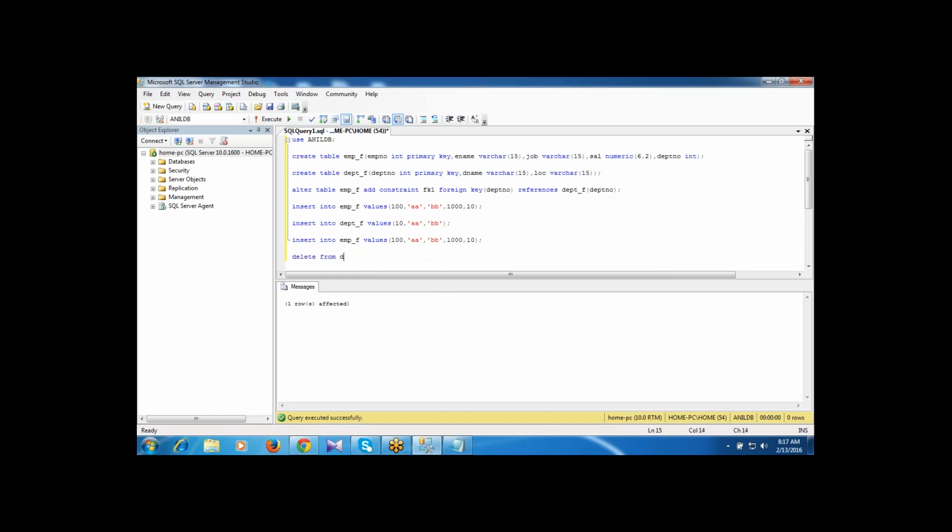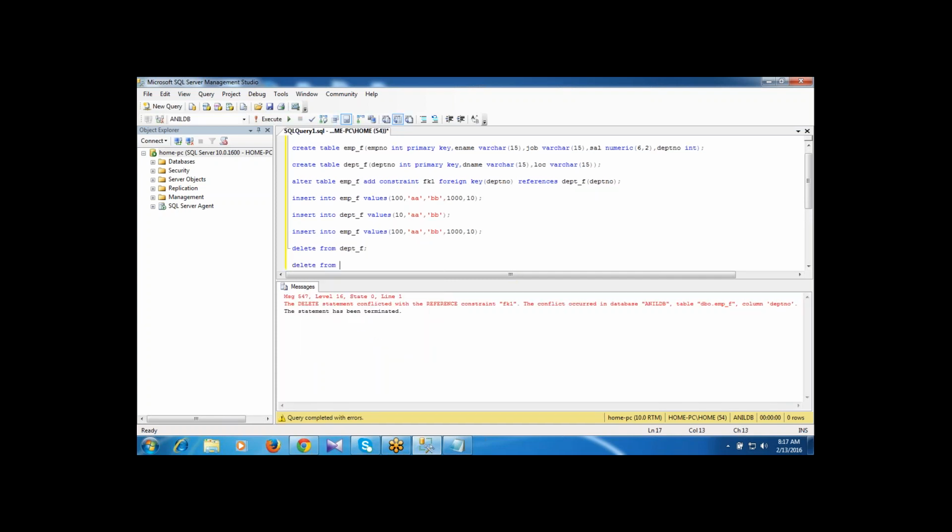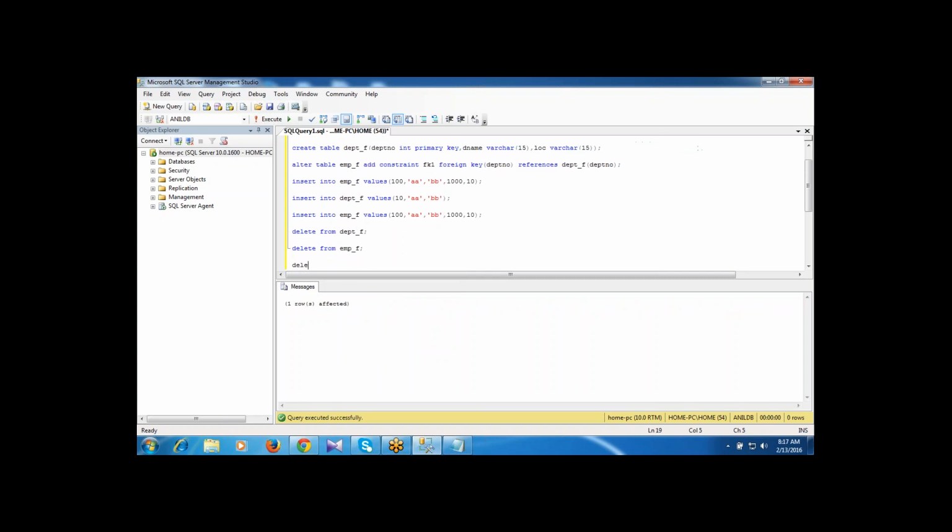So if I want to delete the data from the parent table, first we should delete from the child table. Then it is possible to delete from the parent table. Without dropping the child table, we cannot drop the parent table.